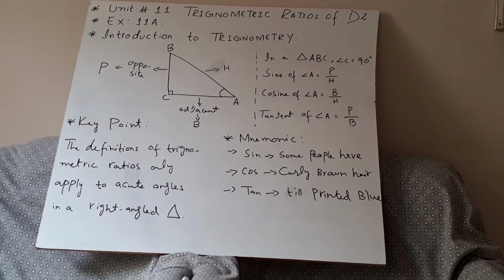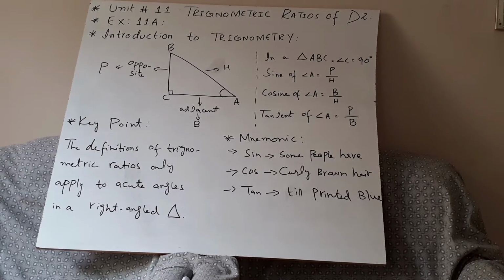But the side which is adjacent to the acute angle, the side which is shared with the acute angle, that side is called adjacent, and we are representing it with B, which is base. Okay, now the remaining side: we have done with the two sides, hypotenuse and adjacent, this base. Now the remaining third side will be BC. That side is called the side opposite to the acute angle, which is A. You can see this BC side is opposite to the acute angle, so you can say that it is opposite, but I am representing it with capital P, which is perpendicular.